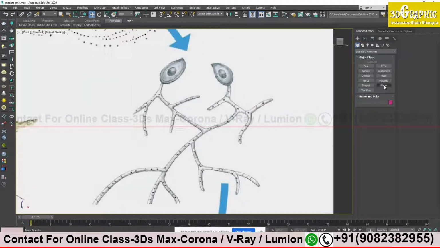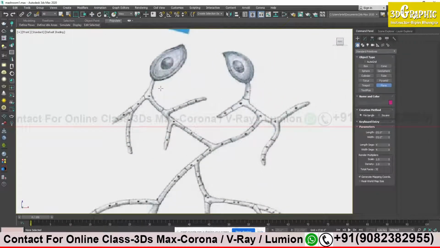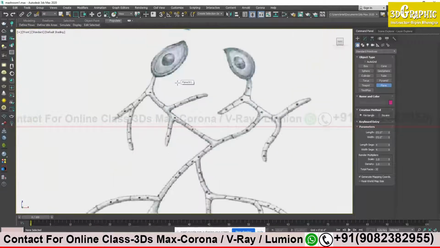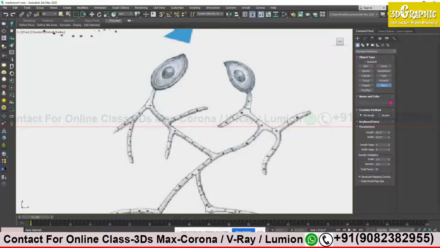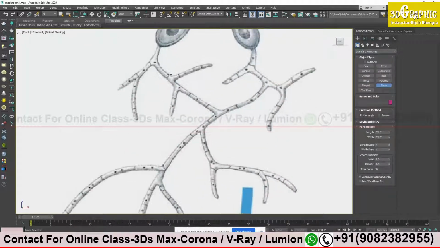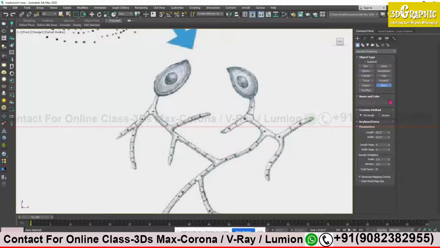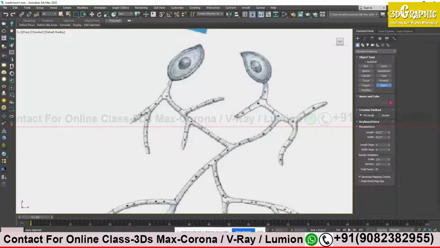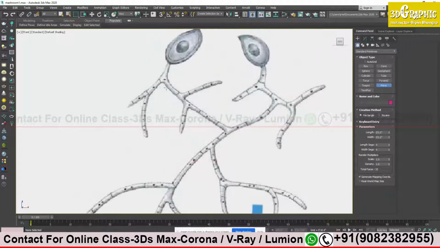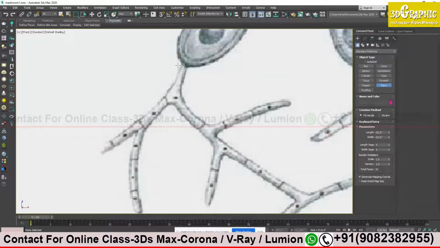So I will take a small plane over here. Always try to divide your model, like which portion you are going to model first and which portion you are going to model later on. For me, the easy part will be this branch-like body, and this oval shape I am going to model a little bit later on. These two will be modeled separately. So first I will focus only on this body portion. So I took a plane over here, and I will just cover this small portion. Just left click and drag, and that's it.